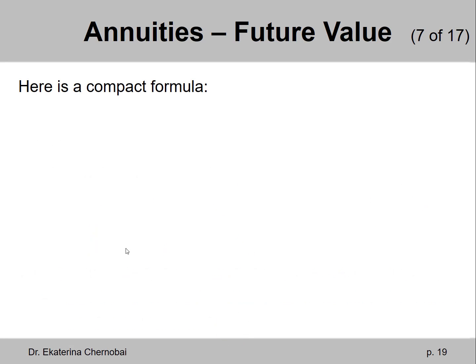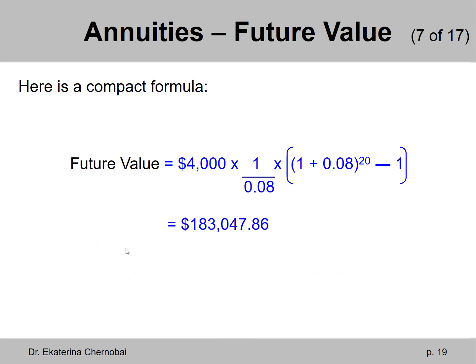Turns out there is a compact formula for annuities, which looks like this. In our problem, you would take $4,000 for this repeating cash flow. You would multiply it by 1 divided by the interest rate, 0.08. Then what you get is multiplied by the next big term. In the big parentheses we have 1 plus 0.08 interest raised to the 20th power, and then you subtract 1. The answer would be